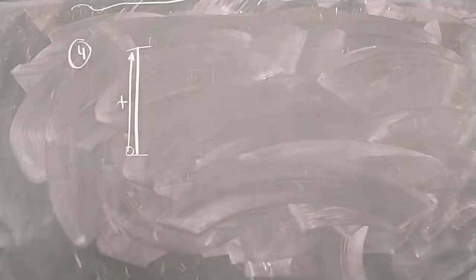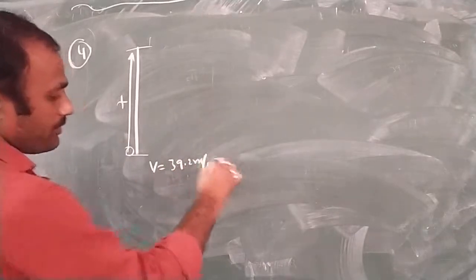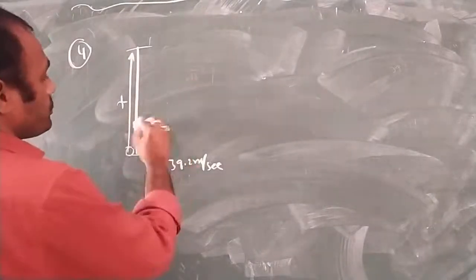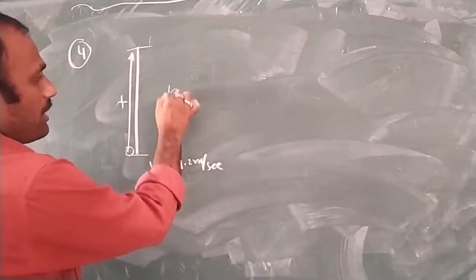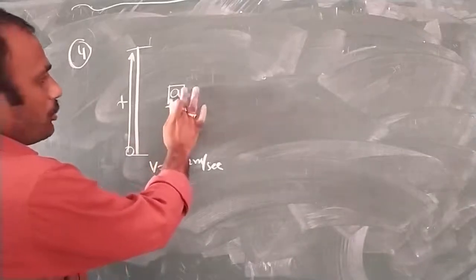The ball is thrown upwards with an initial velocity of 39.2 meters per second. If the only force considered is the acceleration due to gravity, which we will consider as g, find first how long it will take for the ball to strike the ground, and the speed, as well as how much height the ball will rise. To get these quantities, we are talking about only acceleration.